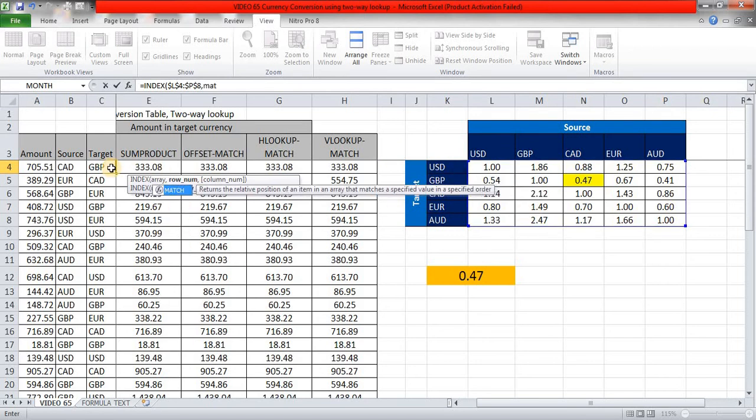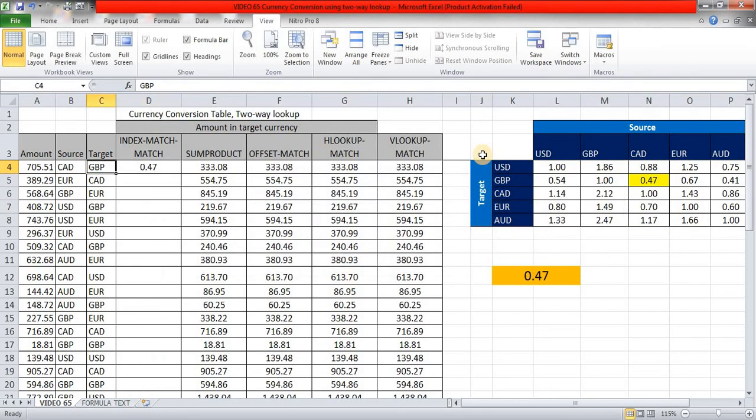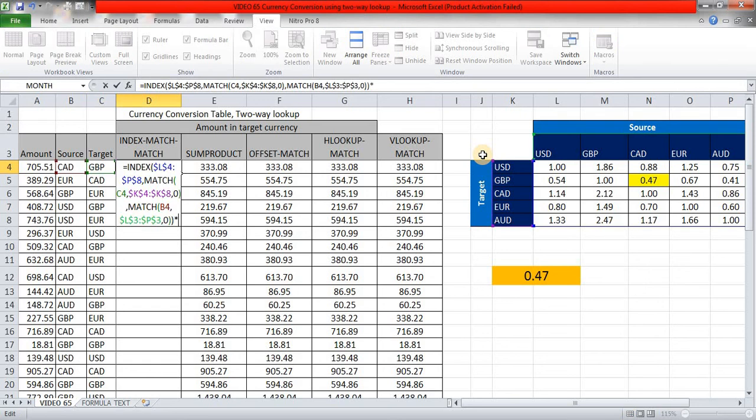So I am going to use MATCH tab, comma, in terms of columns I am having source. I basically interchanged those two things. Then my lookup array is this, shall freeze. Because I want exact match, I am giving 0. Now it should be fine. Here it is, and then simply multiply this by amount